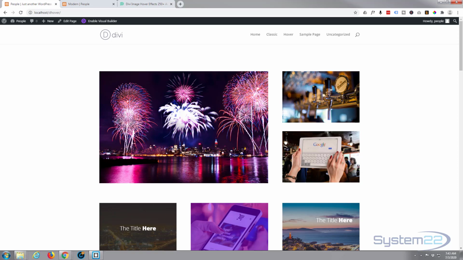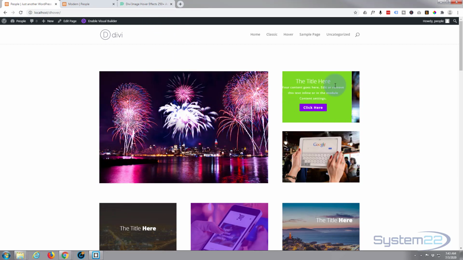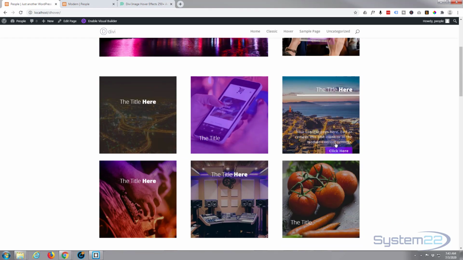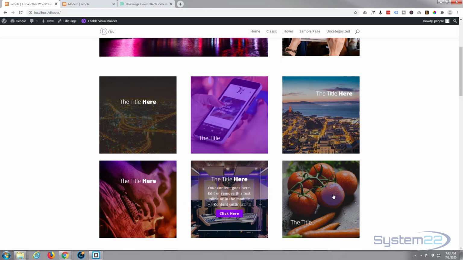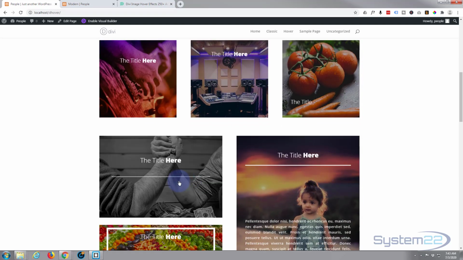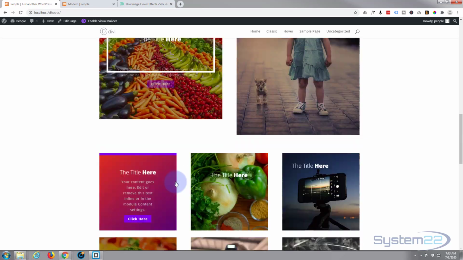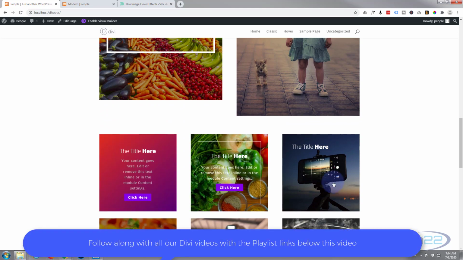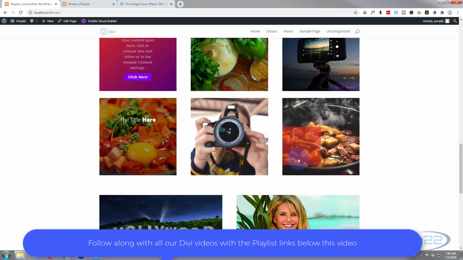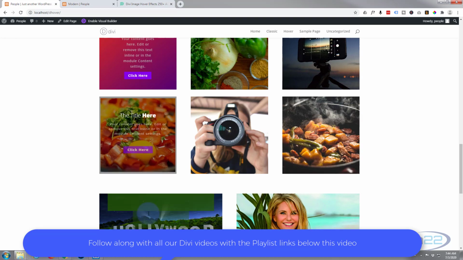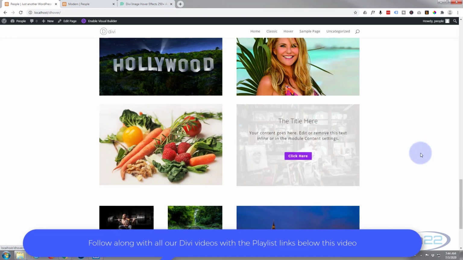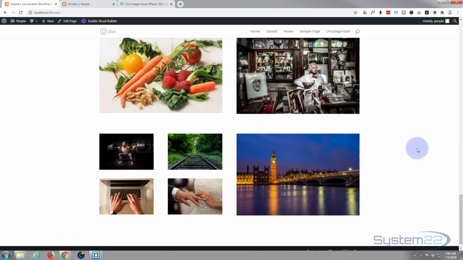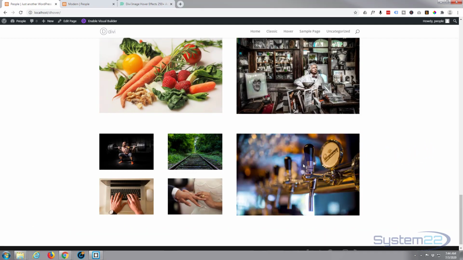Well, in this video today we're going to be using the great Divi Image Hover Effect plugin, and you can add some fantastic text overlays to any image you want with all kinds of different effects. It's a great addition to the Divi theme. Not only do they have all these hover effects, and there's plenty of them, I think there's 250 different styles you can have. They've also got an image switch, which means you can fade one image to a different image, which is pretty